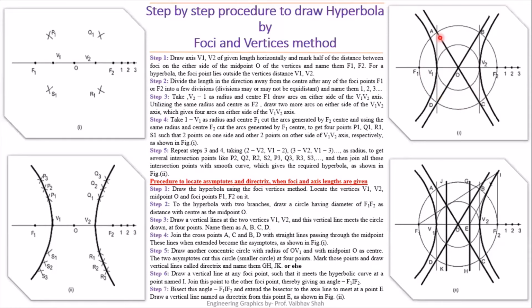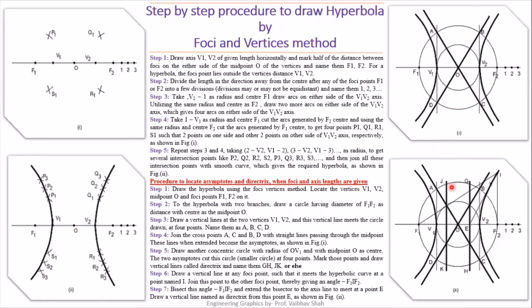After getting these points, we must connect them in a cross manner. We connect point A and C in cross manner and extend this line, and we connect point B and D in cross manner and extend this line. If our drawing is perfectly correct, then our lines must pass through the center point O. So here our drawing is perfectly right, and the lines pass through center point O. These two lines making a cross sign are known as the asymptotes of your double hyperbola.